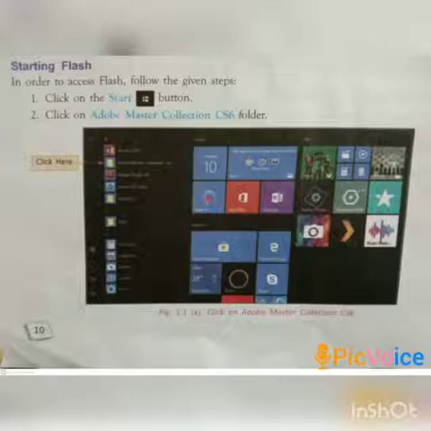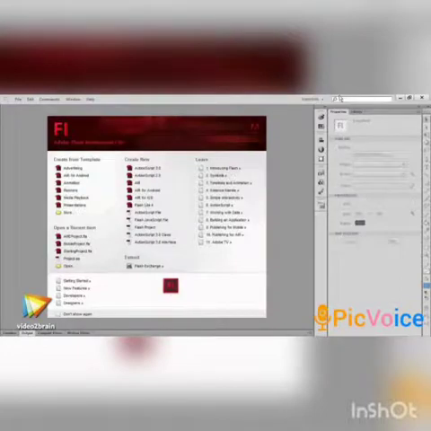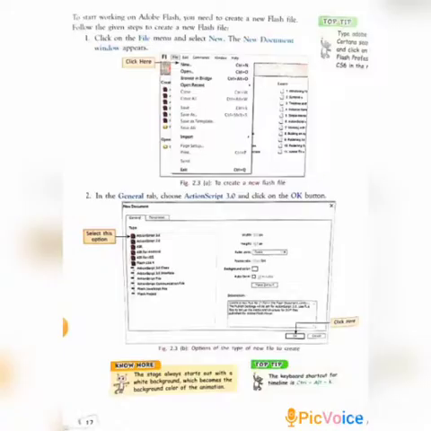In the Programs menu, we click on the Adobe Master Collection CS6 folder and then click Adobe Flash Professional CS6. Then the start screen of Flash gets displayed.